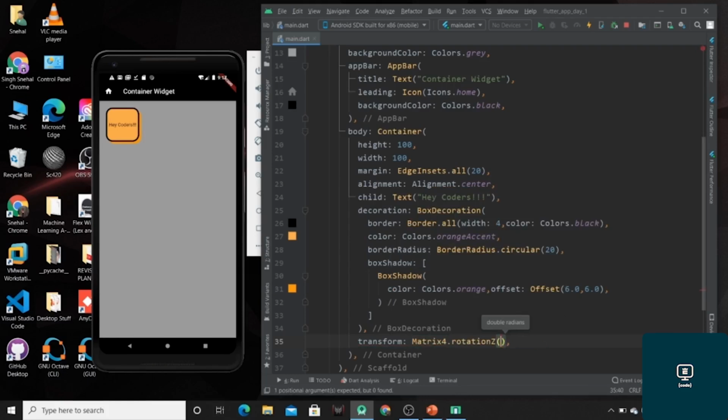I want 1 degree of rotation at the z axis. So I have given rotation to this container along the z axis of 0.1 degree. You can also have rotation at the x axis and the y axis.